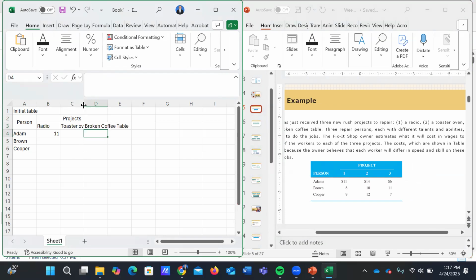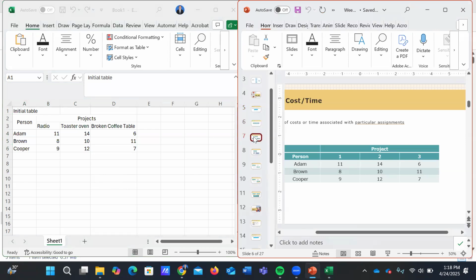These are the projects. 11 for Adam, $14 for fixing toaster oven, and $6 for fixing the broken coffee table. And for Brown, $8, $10, and $11. And Cooper, $9, 12, and $7. This is our initial table. Go on to the next step.